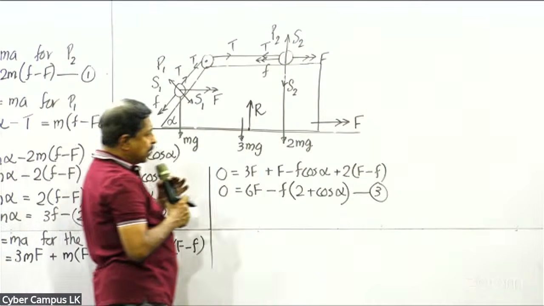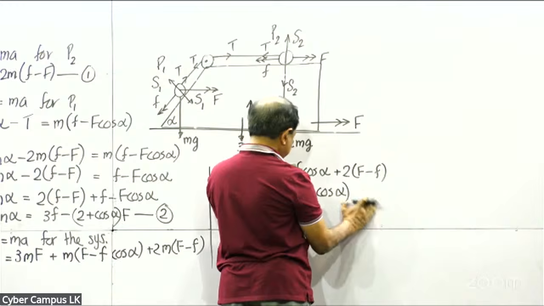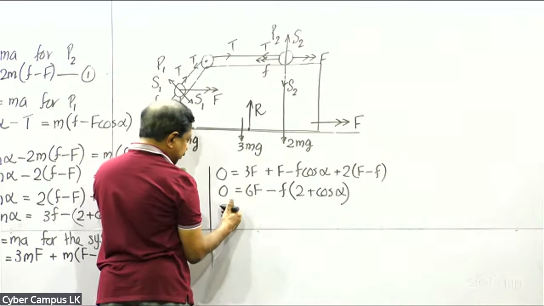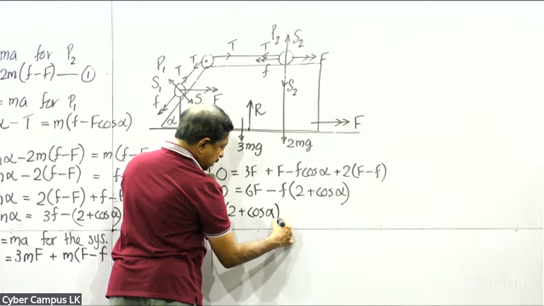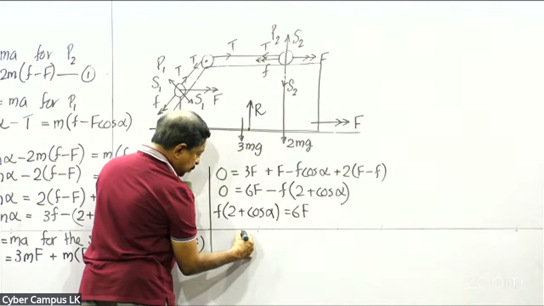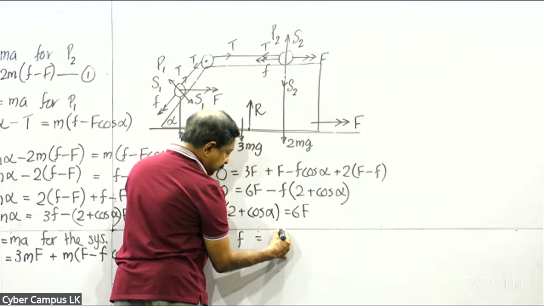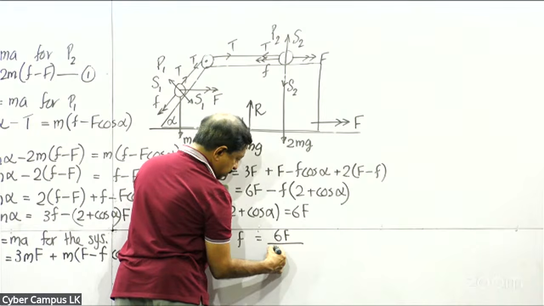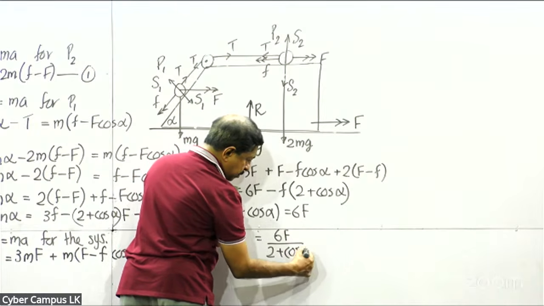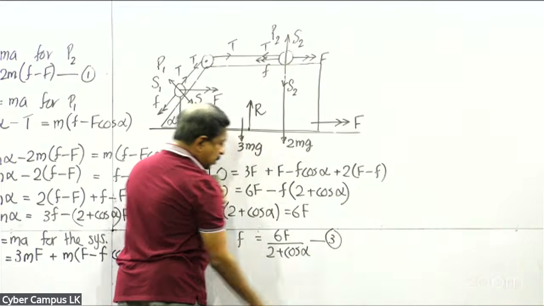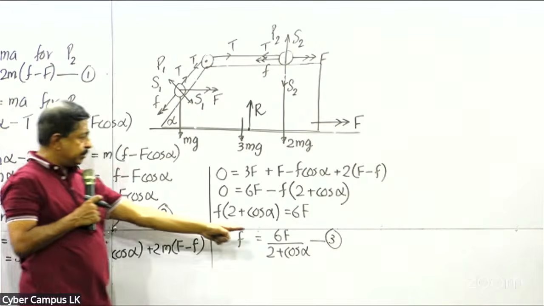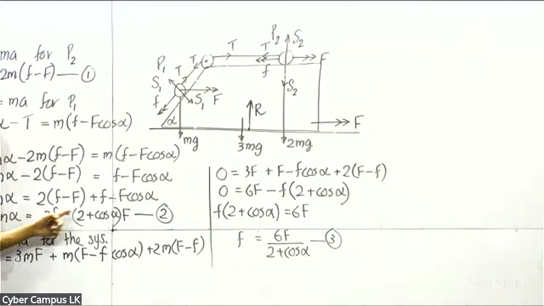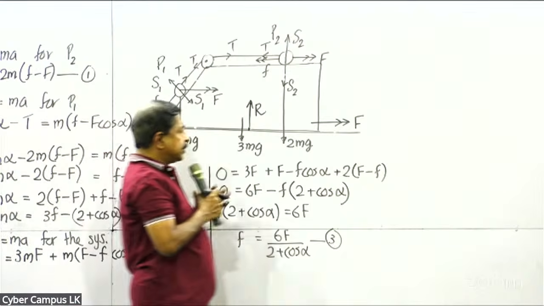I better go one step ahead. I can eliminate simple F using this. At least I can have this form, and I need to find capital F, right? First, I'll eliminate simple F. Now, from 3 and 4, if you replace simple F by that, the only variable left in this equation would be capital F. So from 2 and 3,